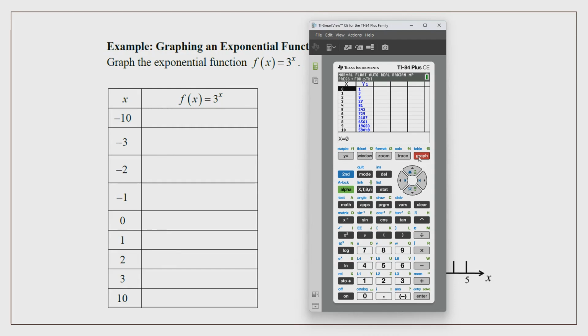Now we have some specific values that we want. I do see some of my values on my calculator already, so let's enter that onto our table. 0 is 1, 1 is 3, 2 is 9, 3 is 27, and 10 is